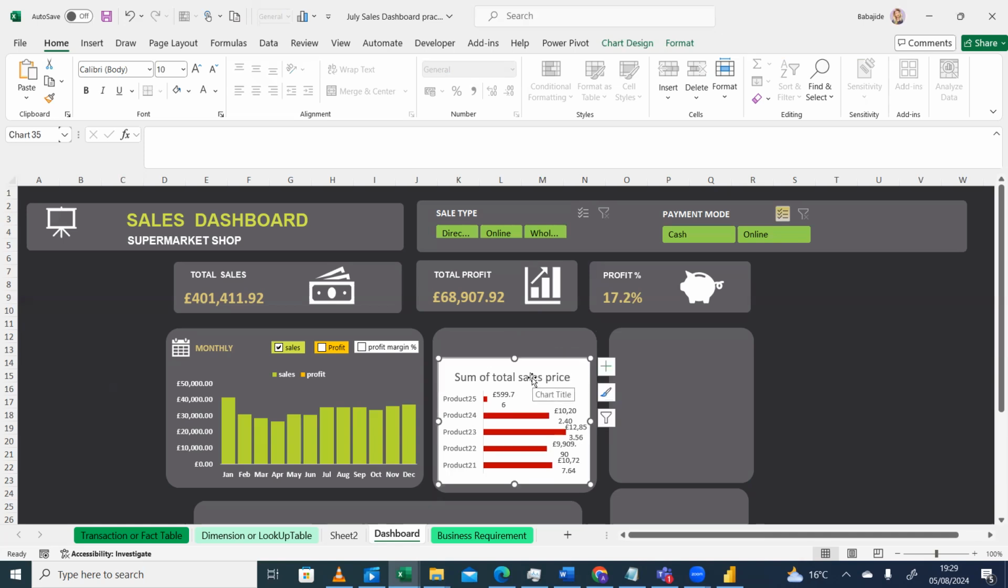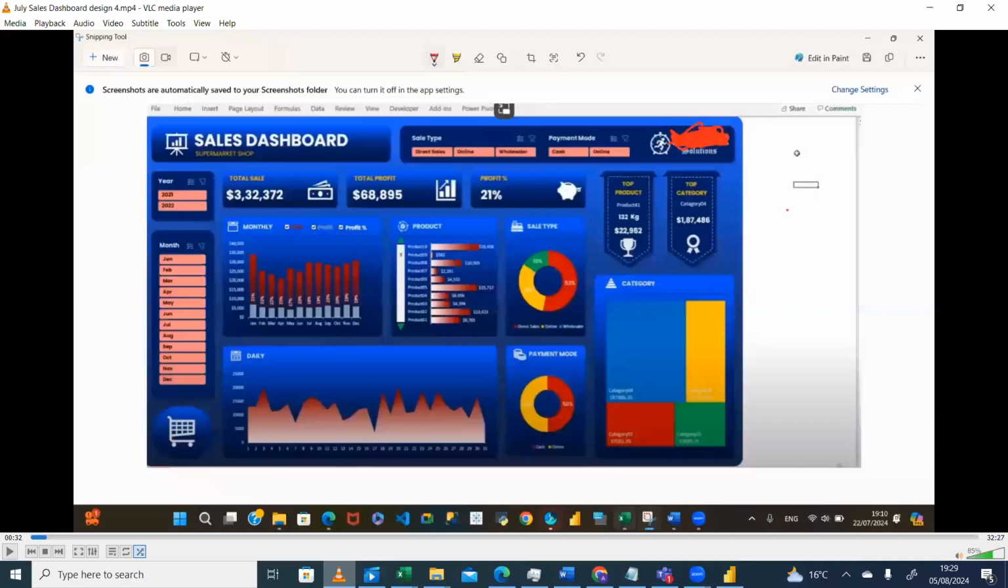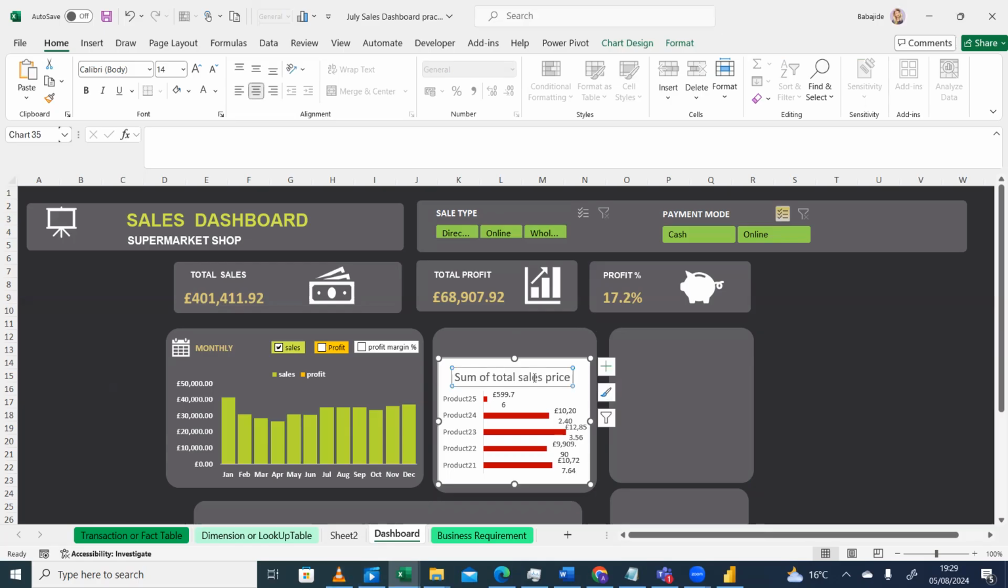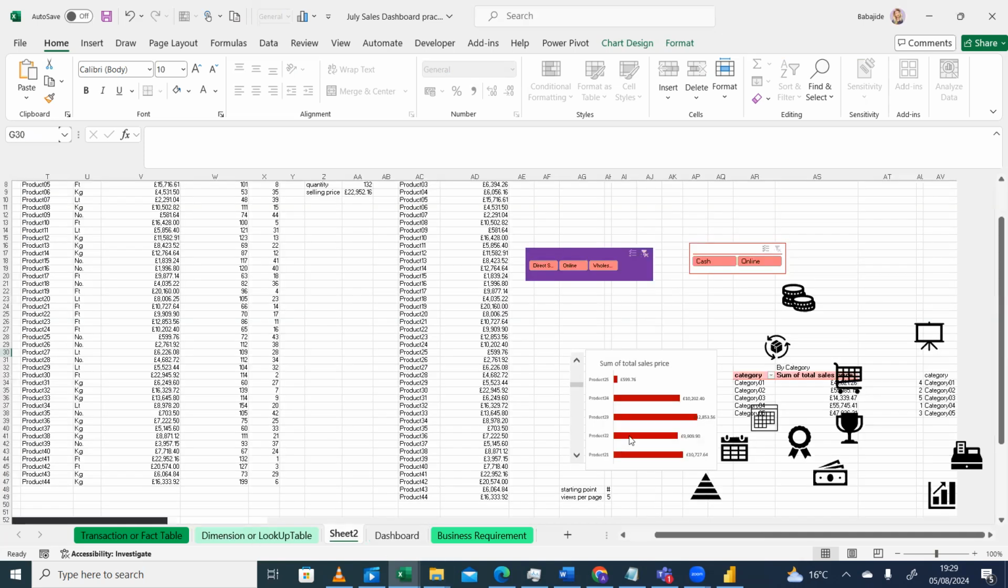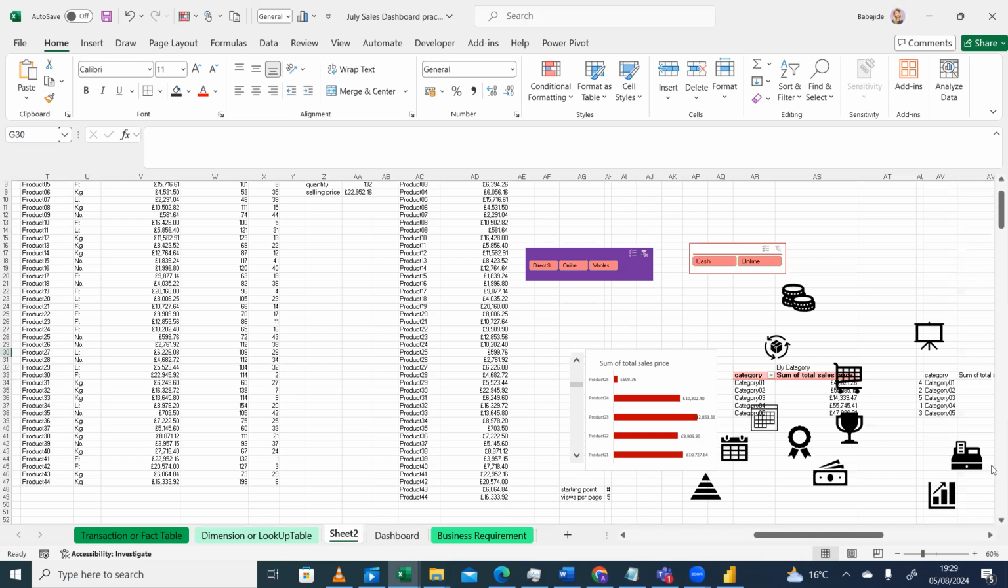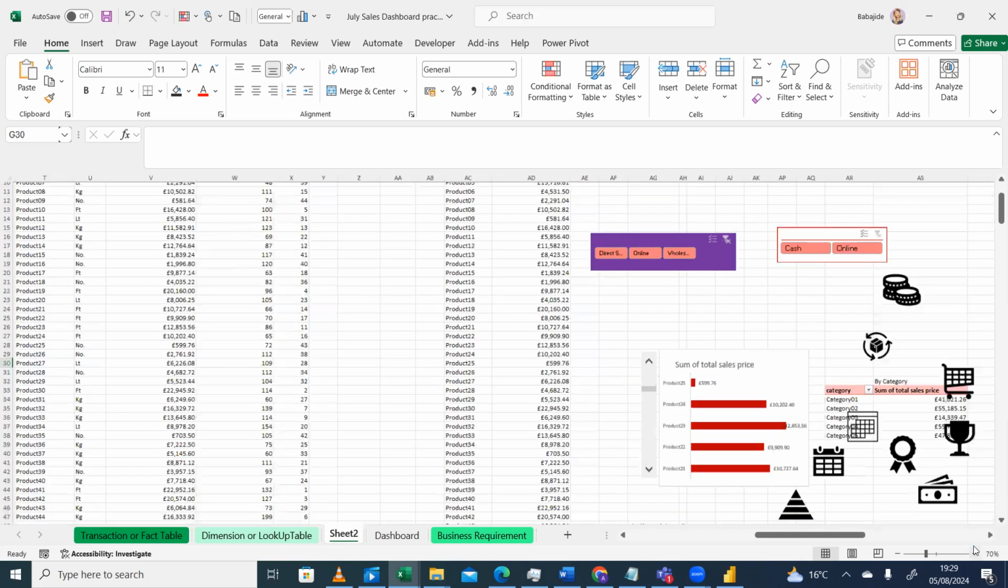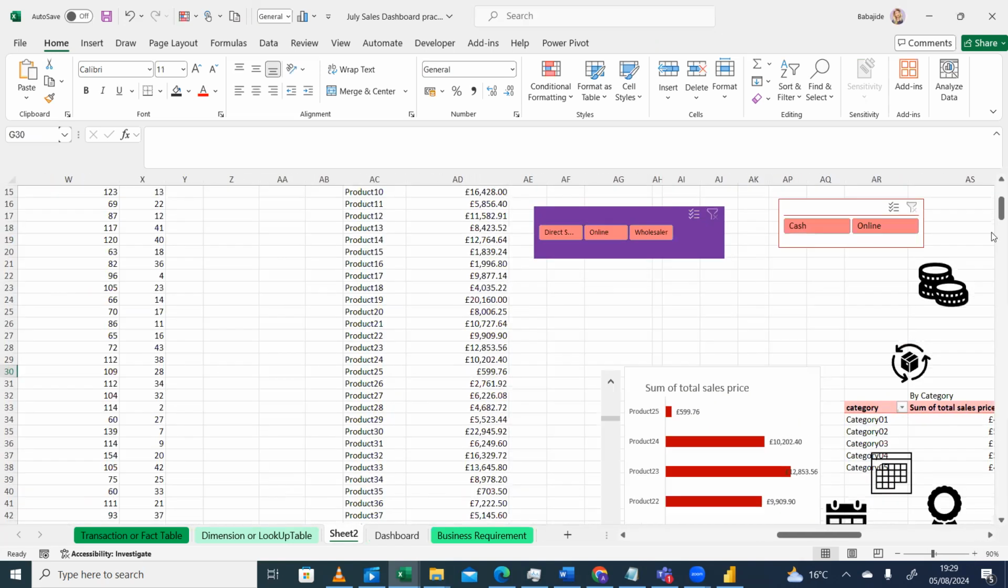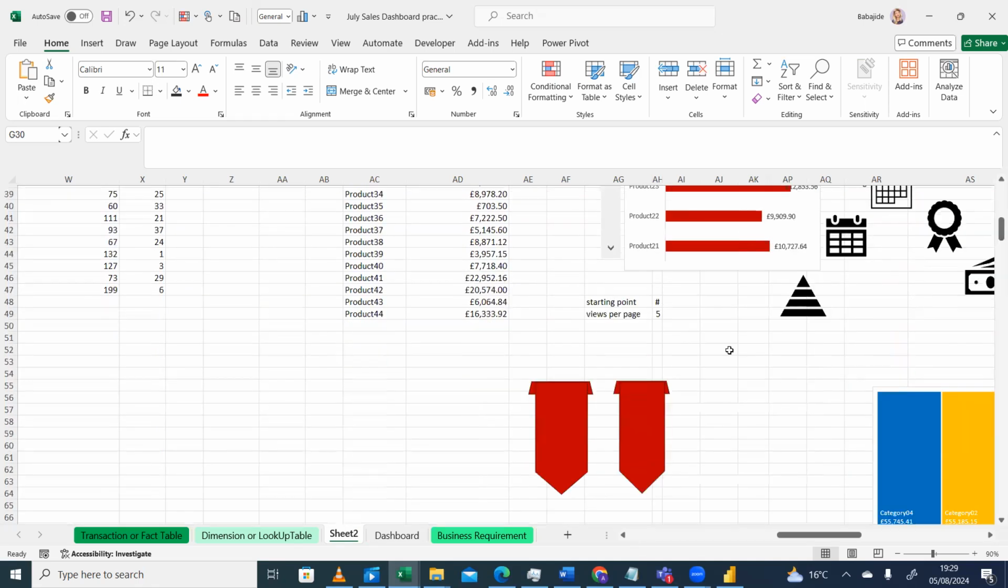We don't need sum of total sales. I don't think we'll be needing this because we don't have it there. So we can just select this, delete it to make space. Bring this down. 1, 2, 3, 4, 5. I think our formula says display 5 at a time. I think that's why we have 5 here. This is it. Let me zoom in again. The formula here says 5 at a time, and the starting point, I think, is